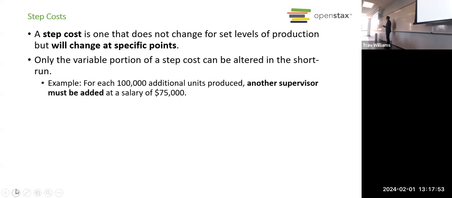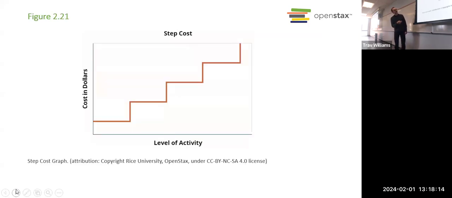Yeah, fixed costs. It's when your fixed costs jump up, for example, because you hired another supervisor or rented an additional factory. So costs were fixed, but for some reason, it jumped up to a new amount. Okay. And so it looks like that, right? If you were to chart it out.